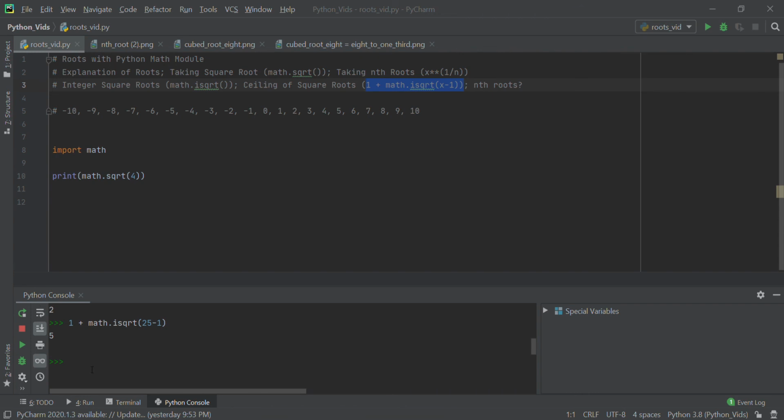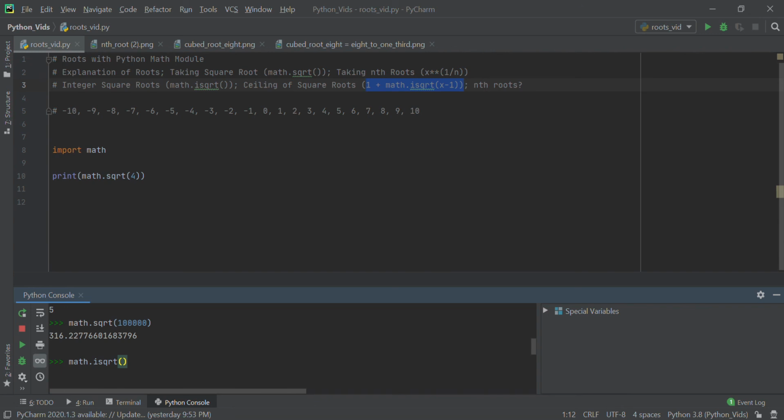Okay, well, let's see. What's the square root of 100,000? Just the regular square root. You see it's like this 316 and change. So if we wanted the ceiling of this, the ceiling of the square root of 100,000, the answer we're looking for is 317. So before we add 1, let's just show you